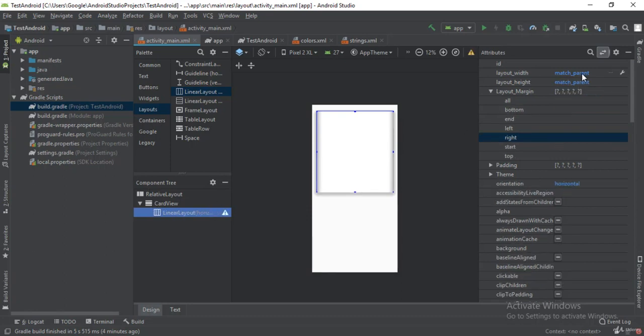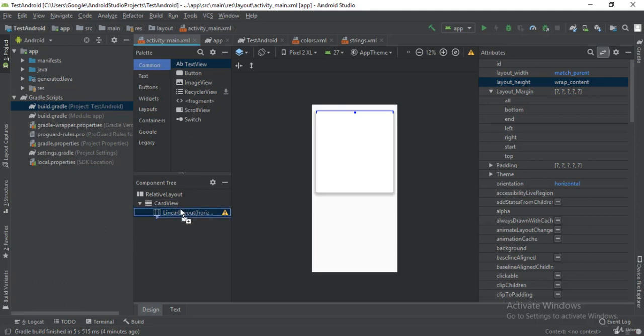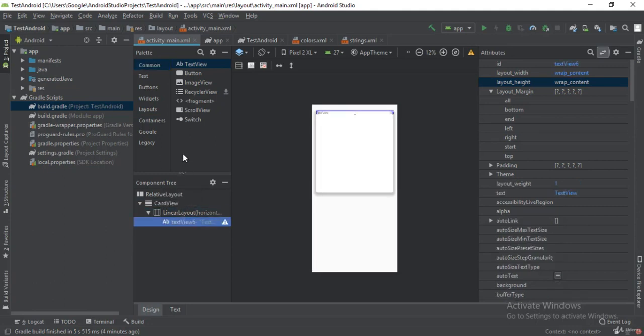I'm gonna make the height to be wrap content. Okay, and maybe increase. Oh, okay, let's leave it like this. So what I'm gonna do, I'm gonna add a text view inside. Okay, this will be for the username, and maybe we can add another text view for, let's say, the date. Okay, so let's go ahead and select both of these text views, and